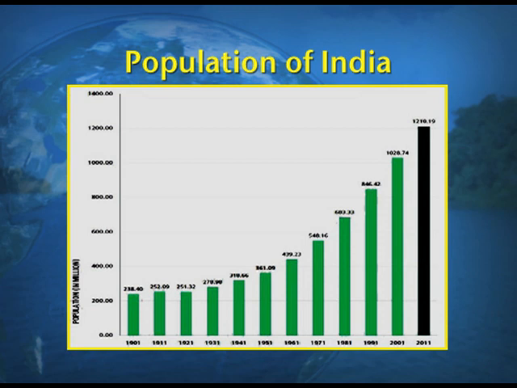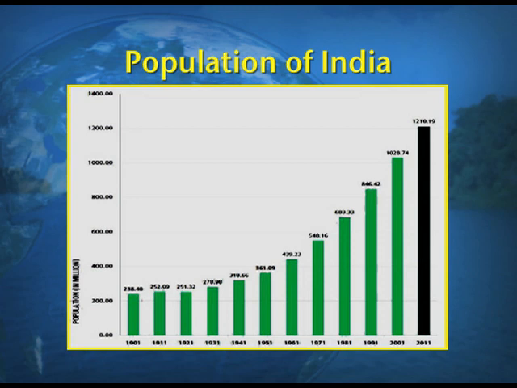You can have a statistical diagram view of the population of India. As I told you, every 10 years a census is conducted. So, this diagram, which is a bar diagram, shows the population of the different census years. If you look at the diagram, you can have a view of the curve, which is a progressive curve with